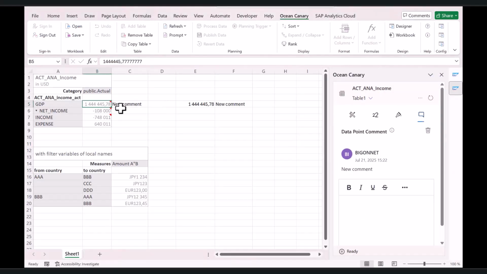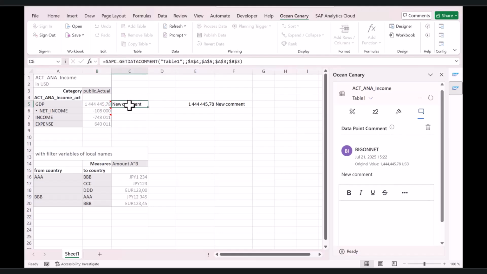With the new data point comment feature delivered in this QRC, it's possible to enter a comment at cell level, but it's also possible to retrieve the last entered comment using a get data formula. So we have a new SAP get data formula where you can enter as a parameter the tuple where the comment has been posted. And then as a result, you retrieve directly in the grid the information of the last